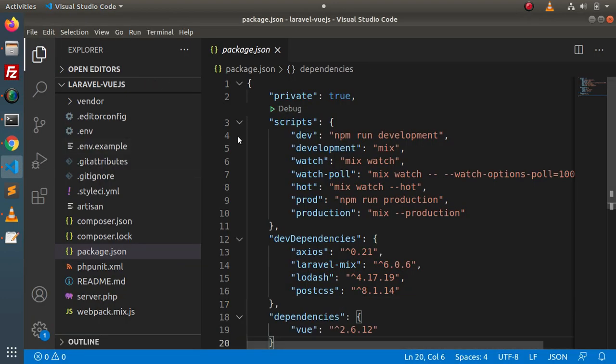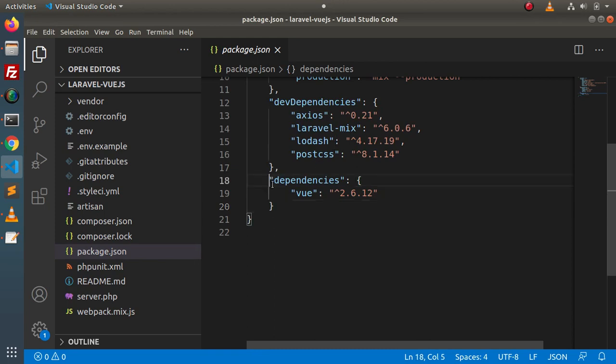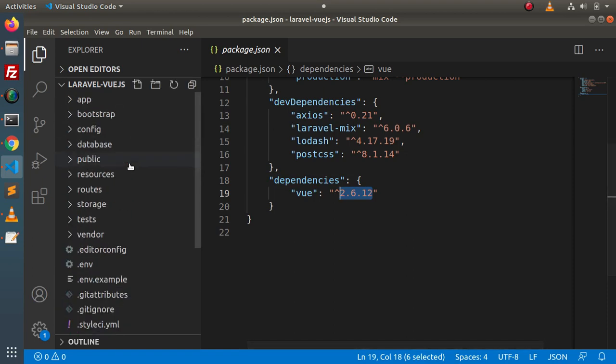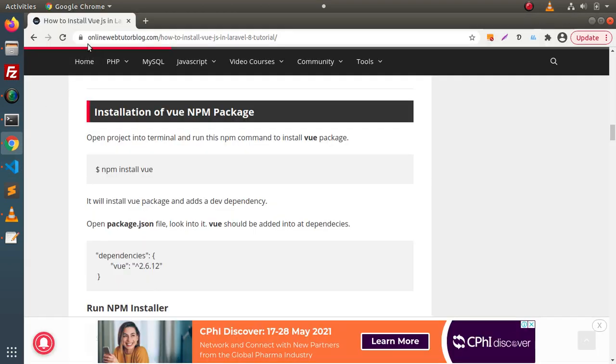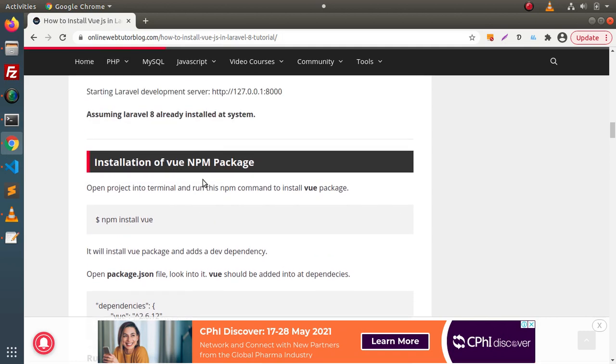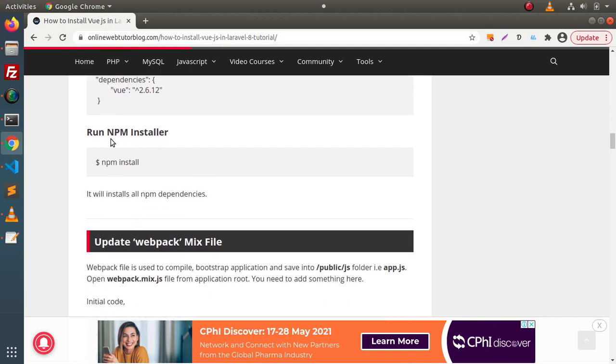Let's say that we have installed our Vue package. If I go back to the editor, inside this package.json file we can see that we have another object called dependencies, and inside this object now we have a property called vue, and this is the version. So currently this application has the Vue dependency. Now back to the article, we have installed this package successfully. Now we need to run our